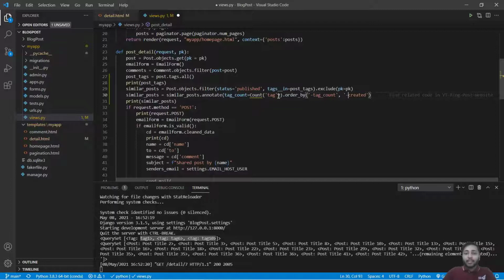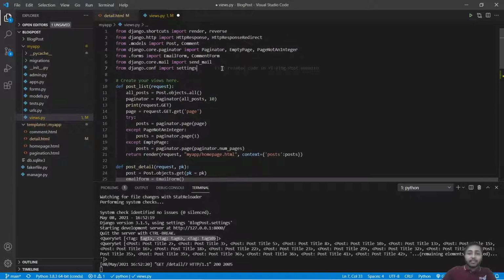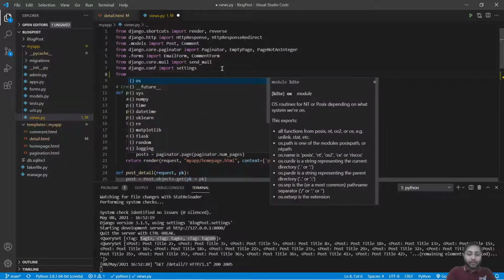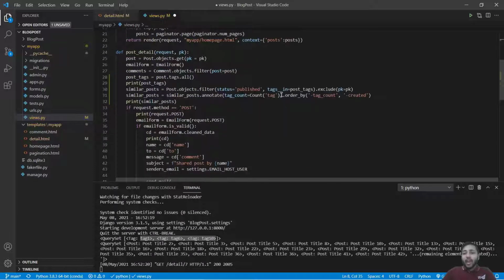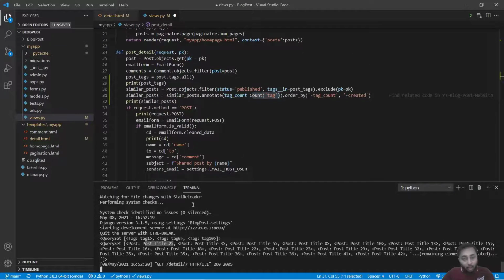Okay, now see, we have written this statement, but we didn't understand what this is. At first, this count isn't defined, so from where we have to import the count and what it does. So at first I will just import that count. I will say from django.db.models import Count. Okay, so we are counting the tags present in, let's say, post 2 and saving them in tag count.